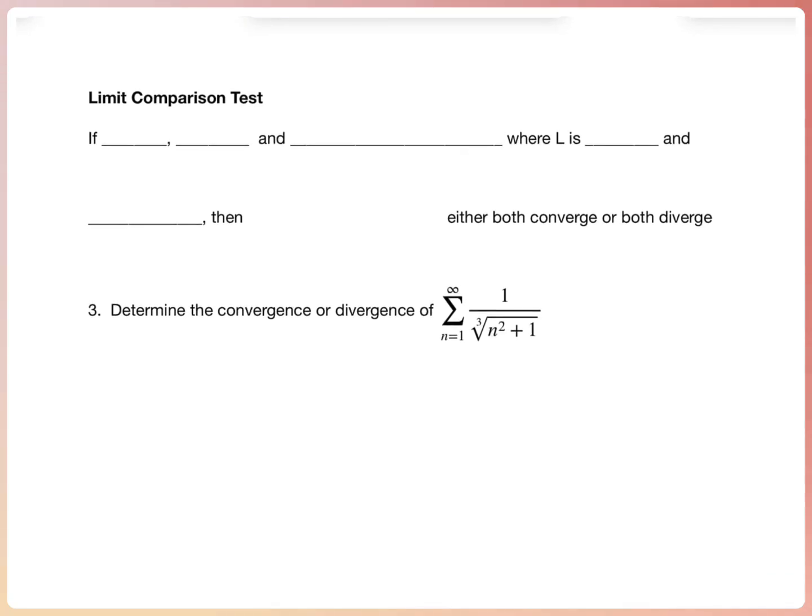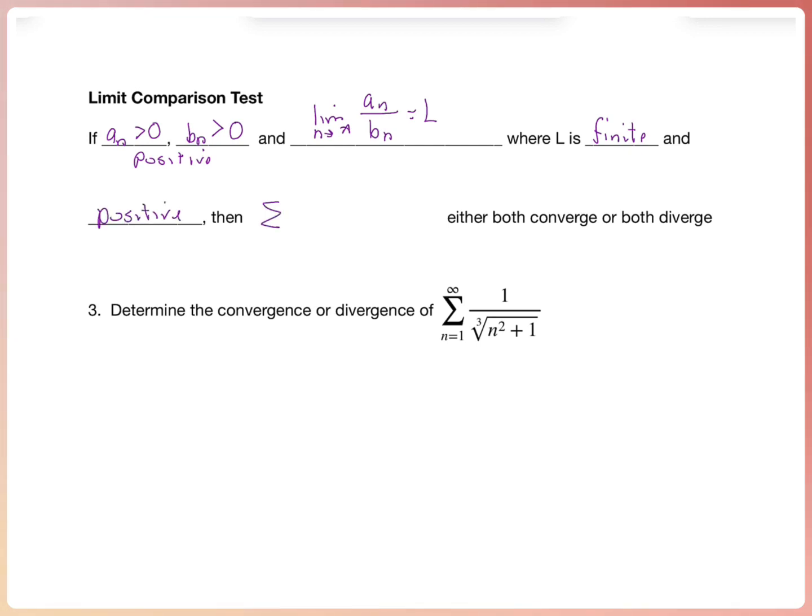Today we're going to learn about our second comparison test called the limit comparison test. Now, if a sub n is greater than 0 and b sub n is greater than 0, that is, if our series given and our series we're comparing it to are both positive, and the limit as n goes to infinity of a sub n over b sub n is equal to some value, L, equal to a number, when L is finite and positive,